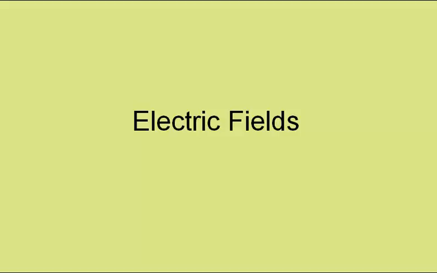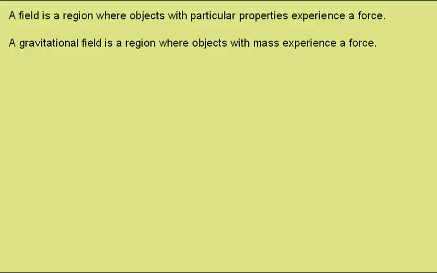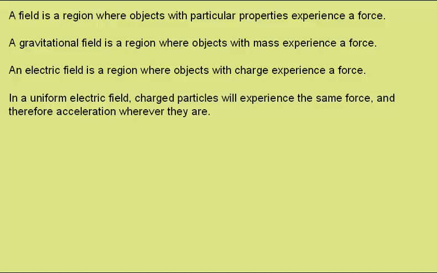Electric fields. A field is a region where objects with particular properties experience a force. A gravitational field, for instance, is a region where objects with mass experience a force. An electric field is a region where objects with charge experience a force. In a uniform electric field, charged particles will experience the same force and therefore the same acceleration wherever they are